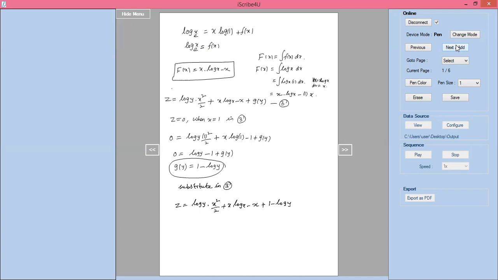Now this is the required solution for the given equation. Here I missed out the 1 by 2: there is a division by 2, so log y by 2 is there here. So now I can write log y by 2, which is the required solution for the given equation. With this, I am winding up that non-homogeneous PDE.